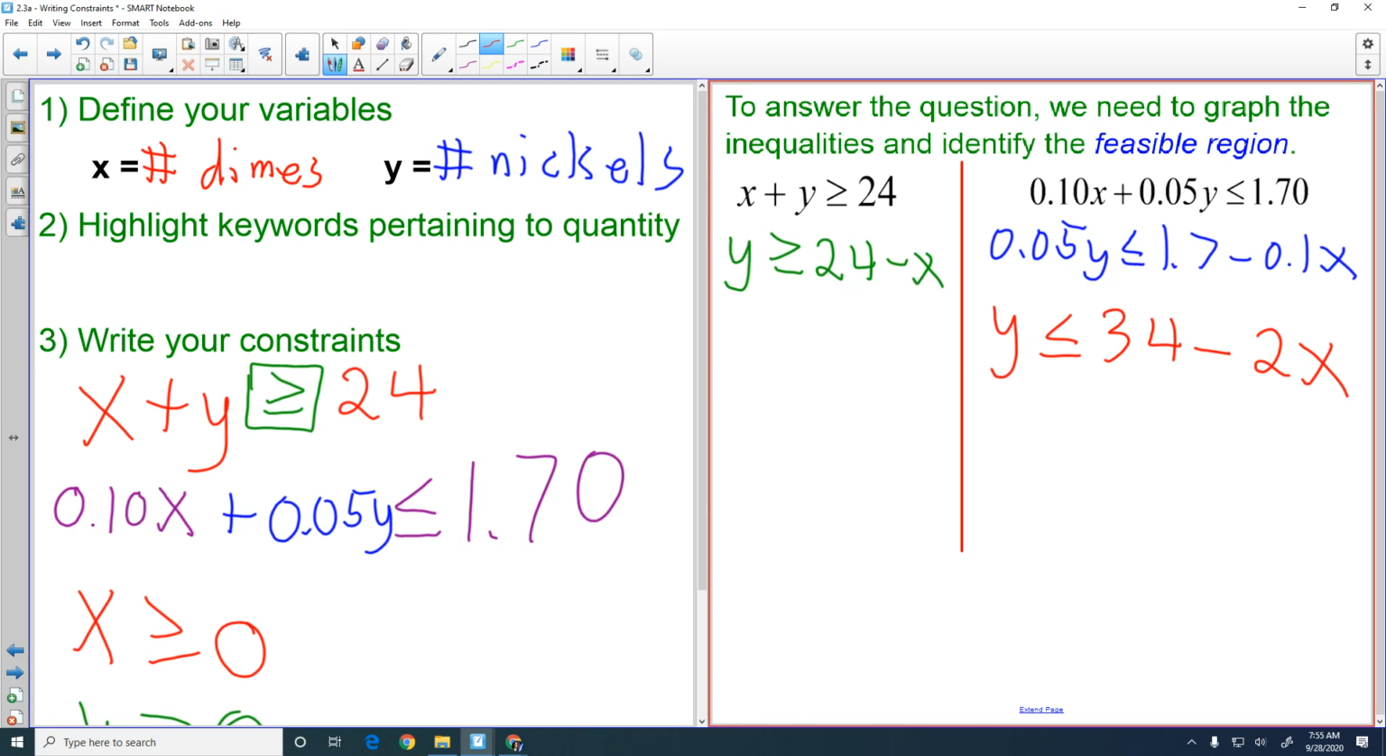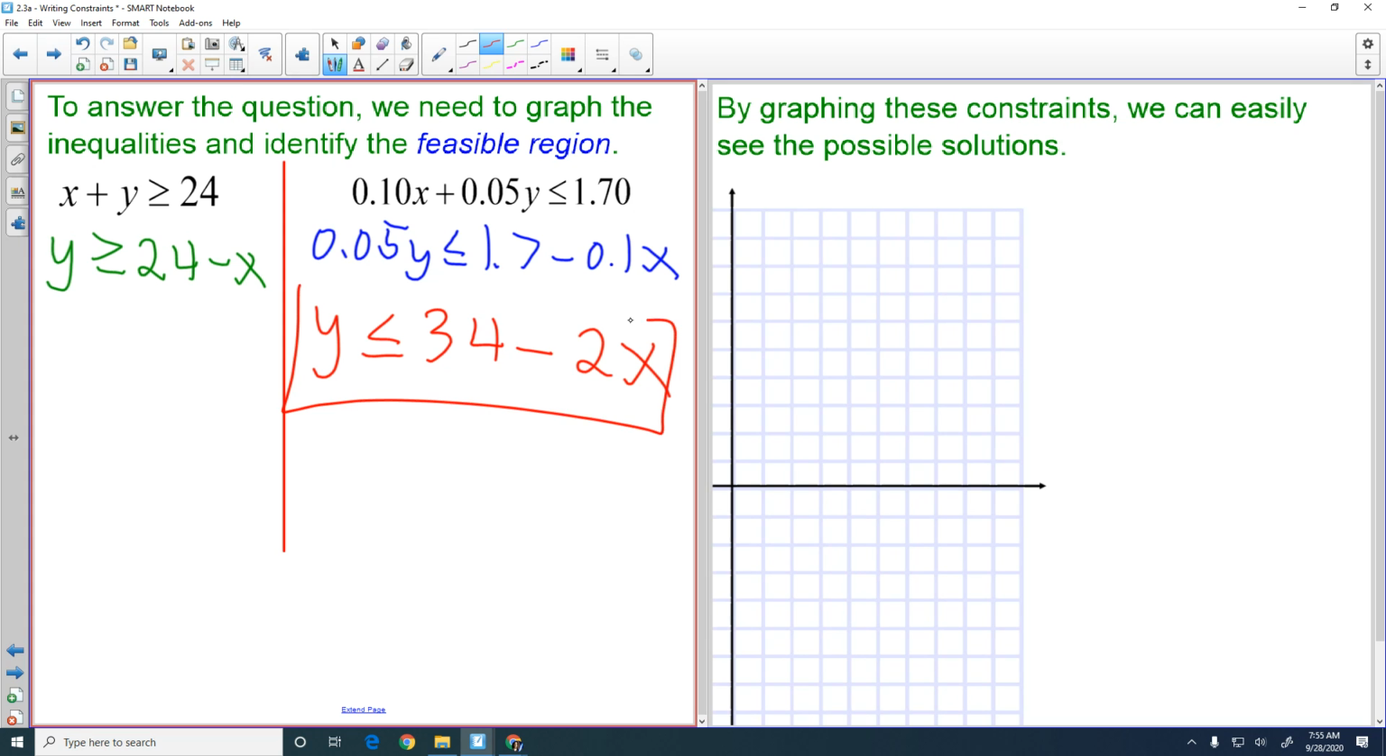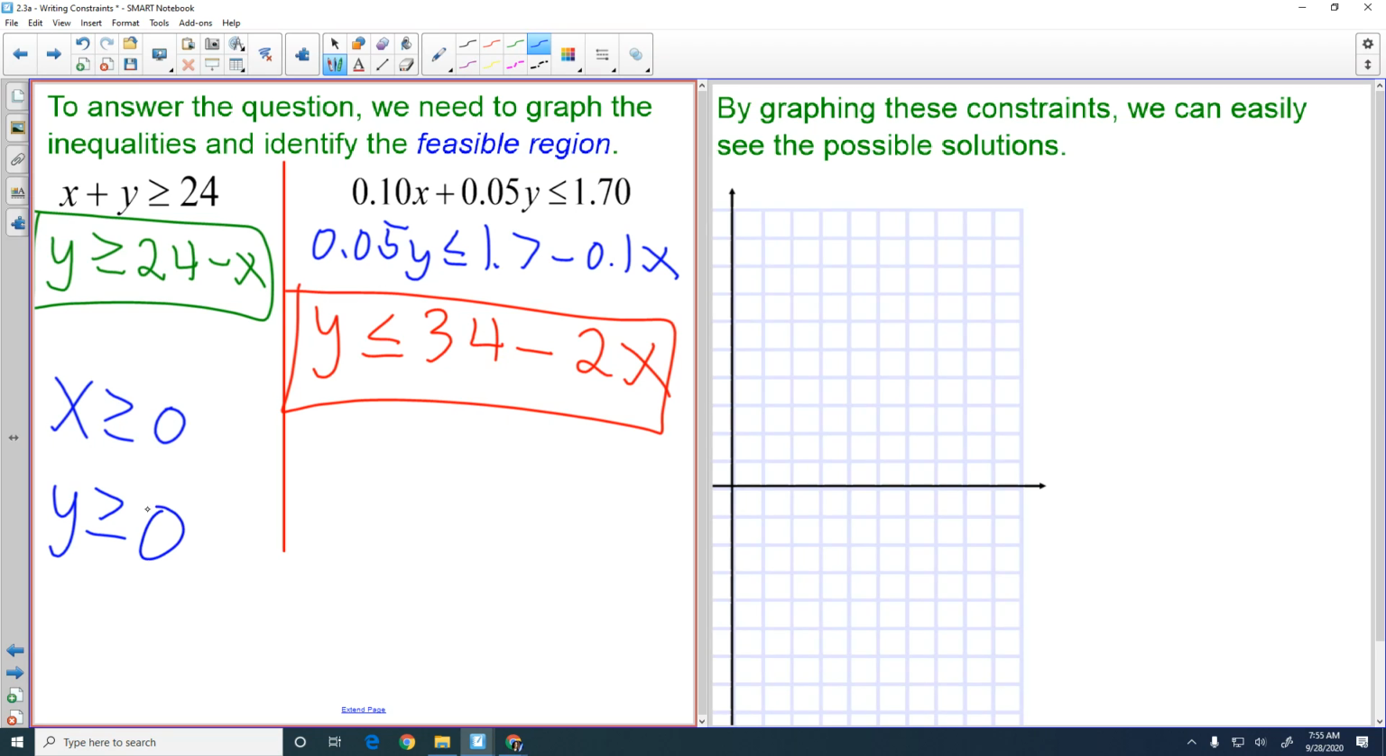So we're going to graph these inequalities along with our 2 zero constraints, and then we're going to find this feasible region. And so I've got these 2 inequalities, and then also we've got our zero constraints: x greater than or equal to 0, y greater than or equal to 0. Now, to graph these,